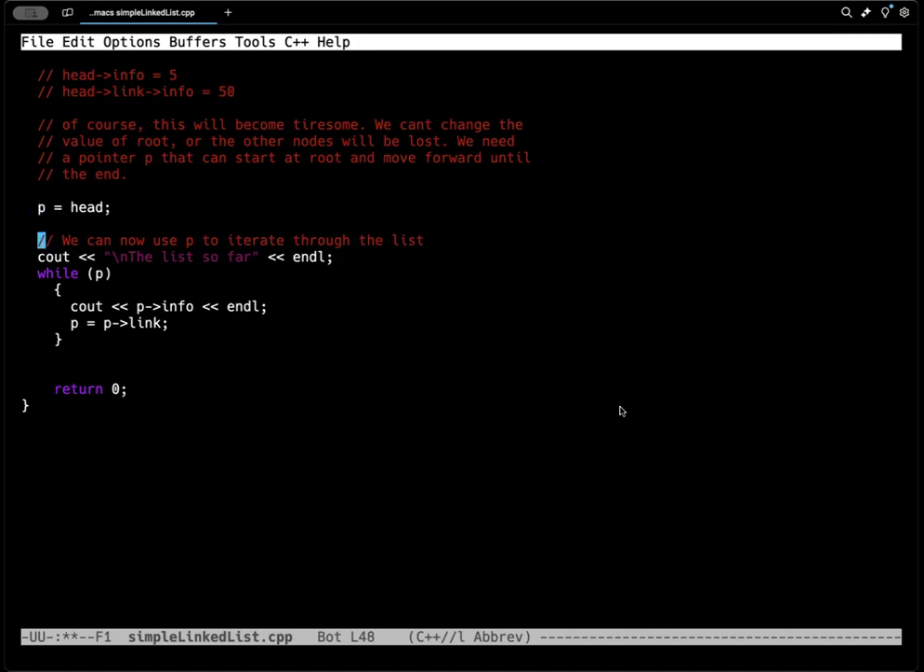But what I can do is go through a loop here. I can say while P, and this is saying while P is not null. So while P has a value, I'm going to cout its info. The first time this happens, I'm pointing to